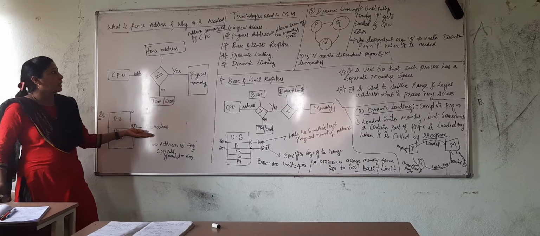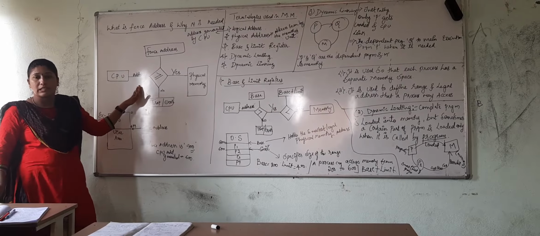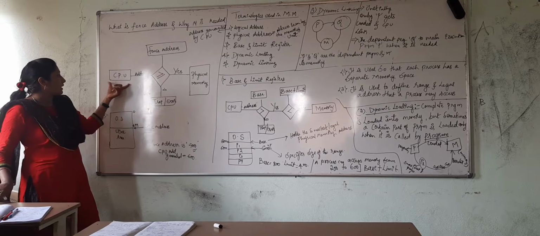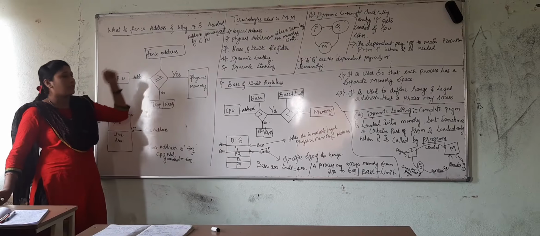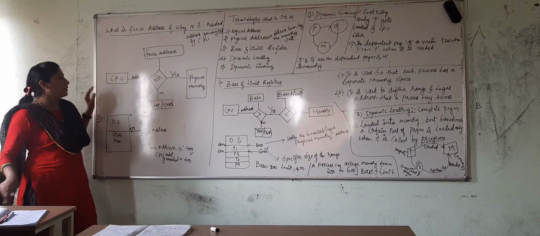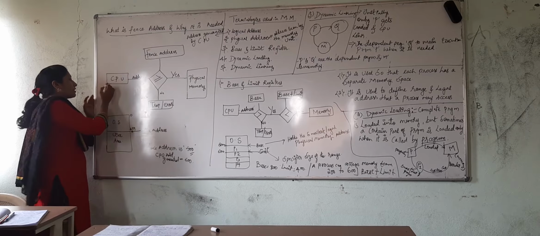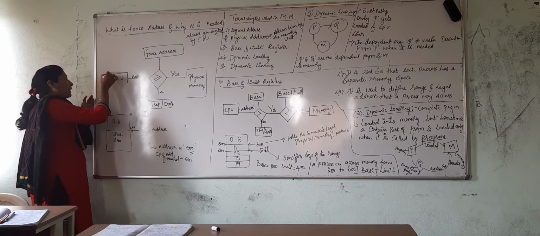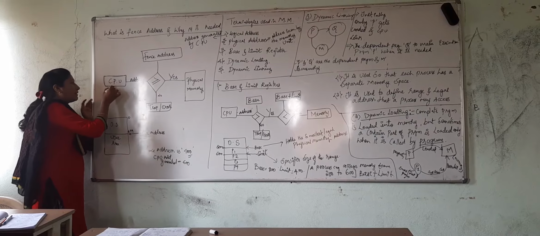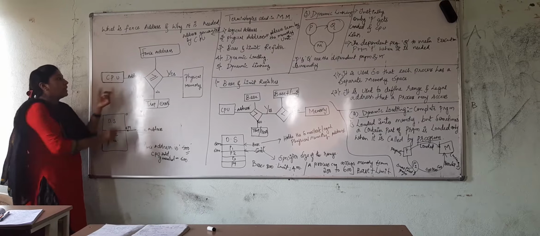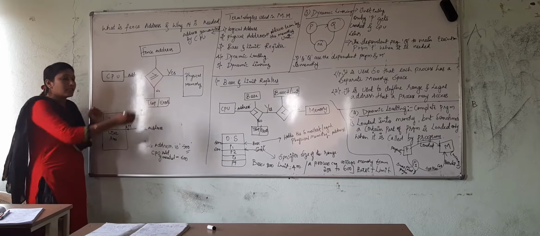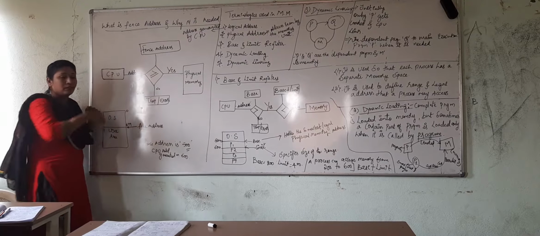Now today we will go through the pictorial representation of the fence address. Here I have drawn a CPU, physical memory and a fence address, right? Let us go through these things with the help of this diagram. The CPU is the central processing unit, right? The address generated by the central processing unit is going to be checked. What is this symbol representing?